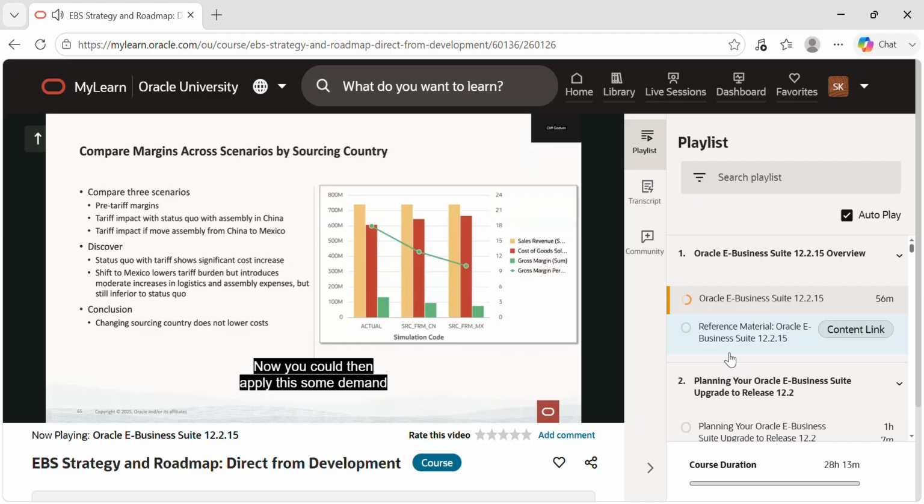Now, you could then apply some demand and say, okay, if I have a certain amount of demand for all of my products, what will this new scenario do to my model, do to my margins, right? So that I have current actuals that my